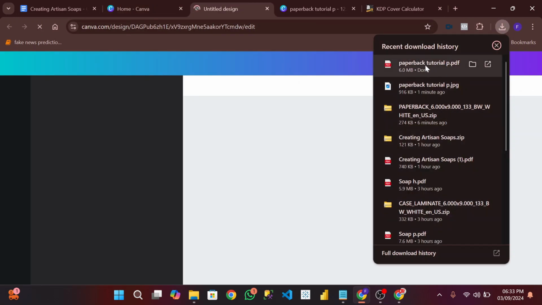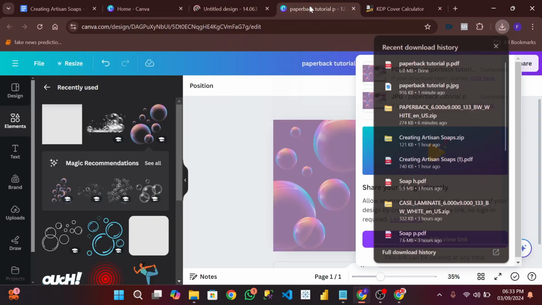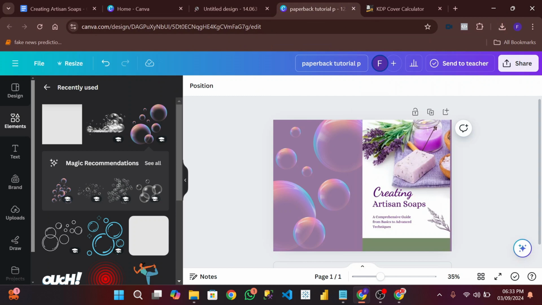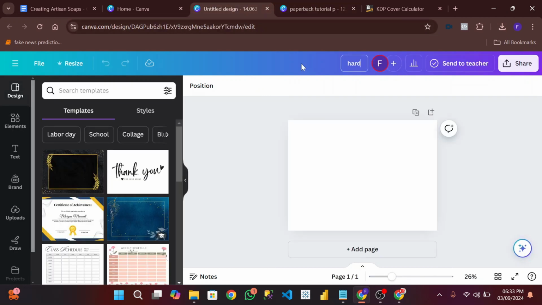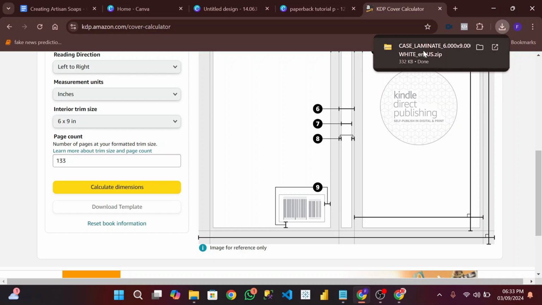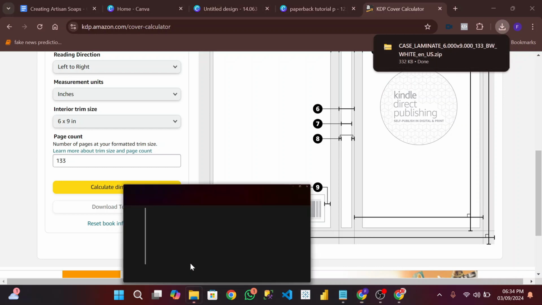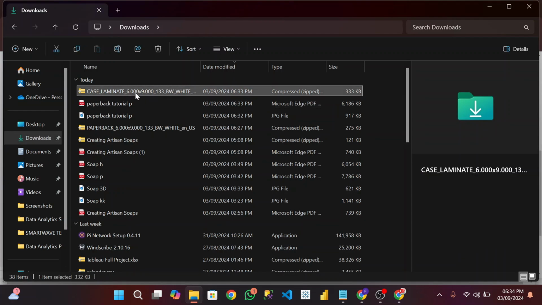Our PDF has finished downloading. We'll preview them later on, but let's focus on this. Let me copy this and change it to hardcover tutorial, right? Now what do we do next? We also download the template here. Are you seeing? We have downloaded the template. It started with C. Let's check our download list. Let's refresh. Then we'll extract